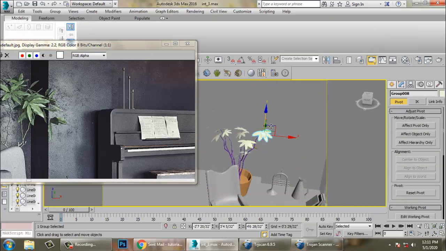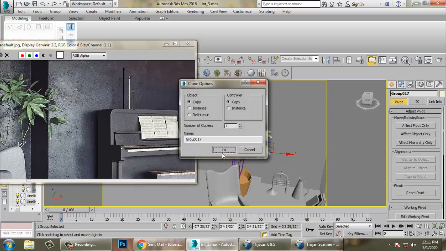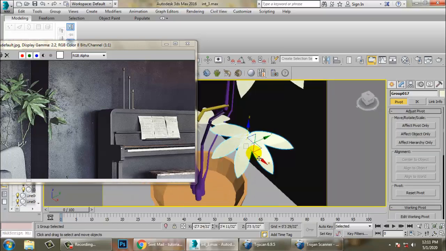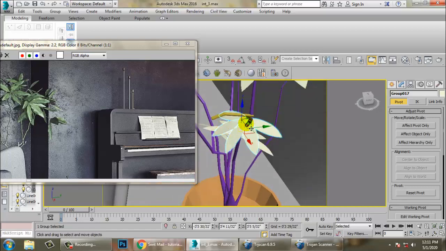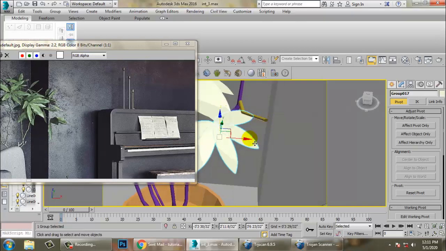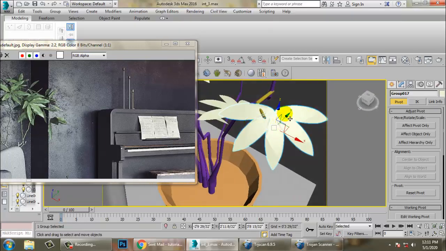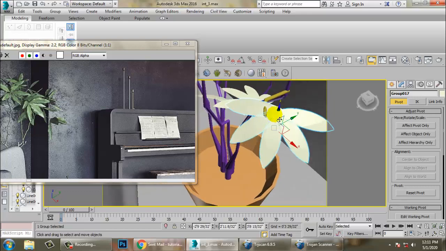You can just drag it over here, scale this, and you can just finally place that in the right place.